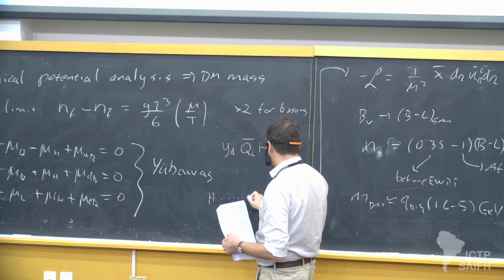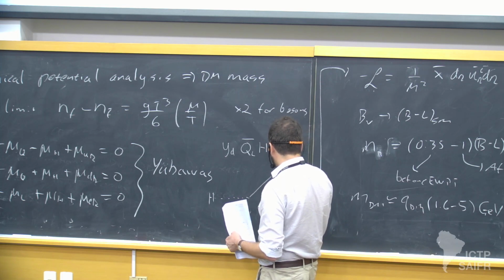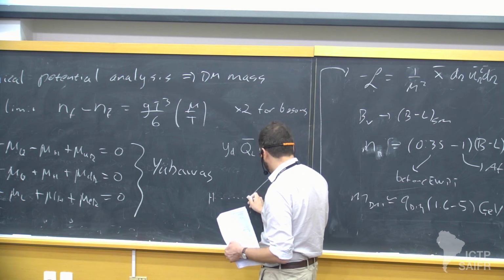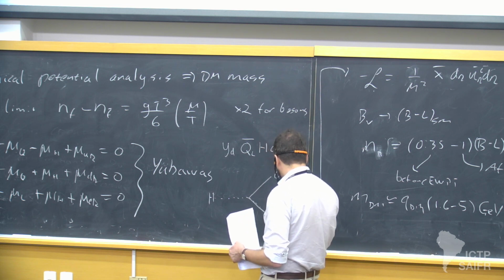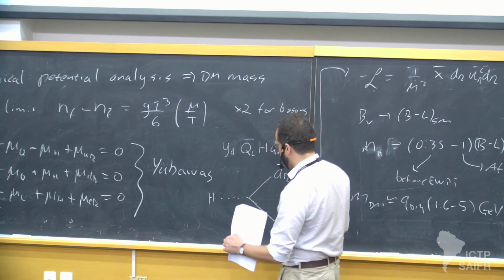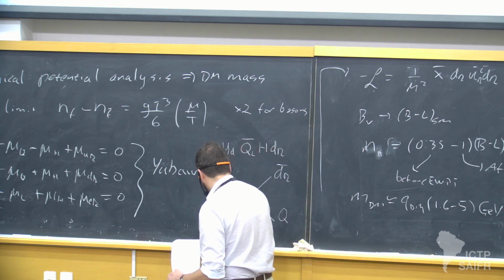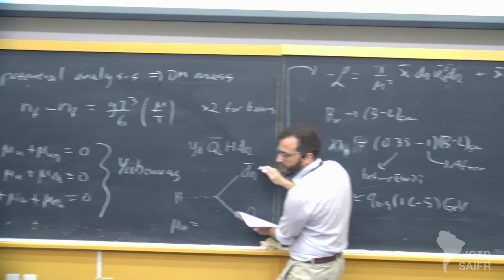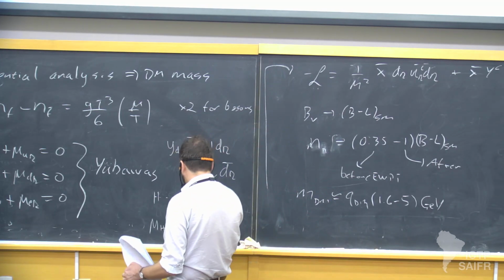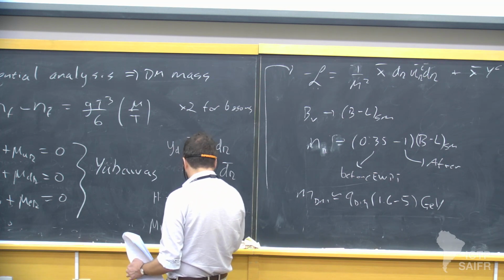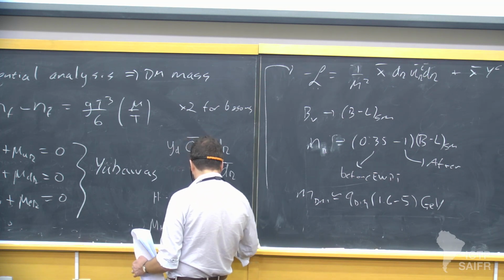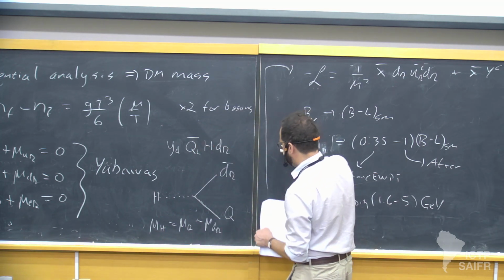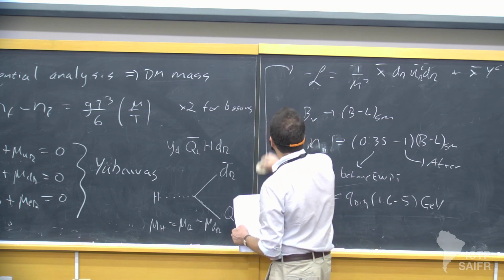Say this produces a right-handed anti-D and a Q. So this gives you the relation that mu_H equals the chemical potentials of the fields on the right-hand side, which is mu_Q minus mu_dR, okay? Here it is minus mu_dR because this is the antiparticle,